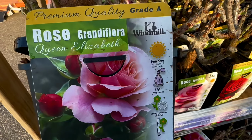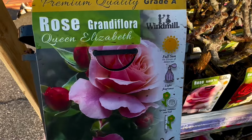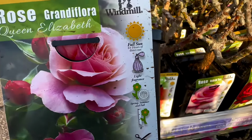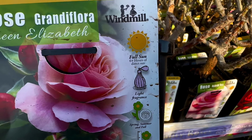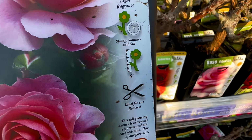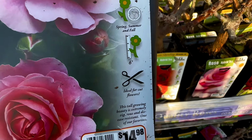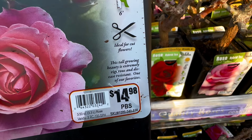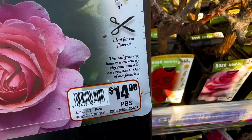The next rose variety is also a premium quality grade A rose. This is the Queen Elizabeth variety, also beautiful pink blooms, but these look quite lighter color than the previous one we just saw. Full sun as well, light fragrance, spring, summer, and fall blooming. 6 feet will be the mature height, so this is a much taller rose variety, ideal for cut flowers. This tall growing beauty is extremely vigorous and disease resistant. One of our favorites. Same sizing container,